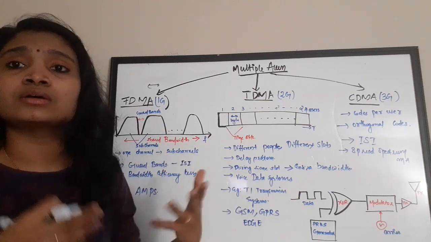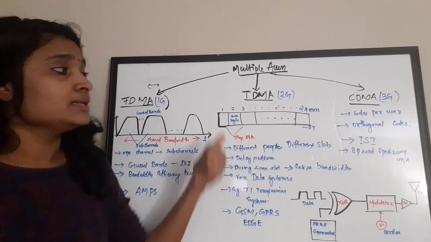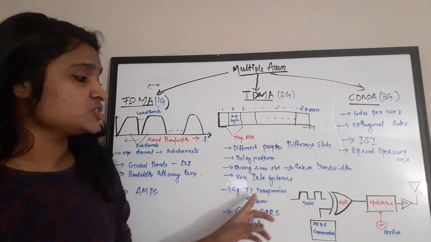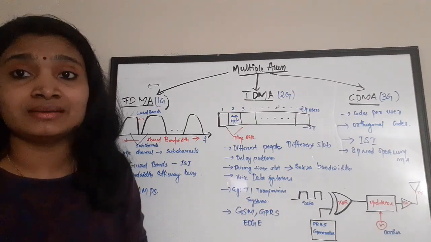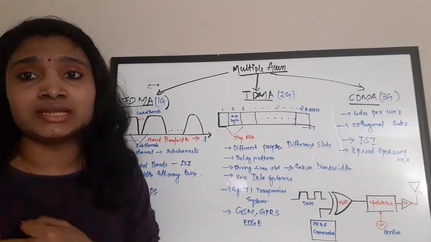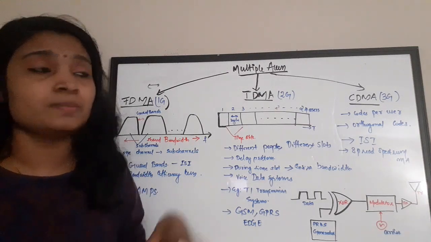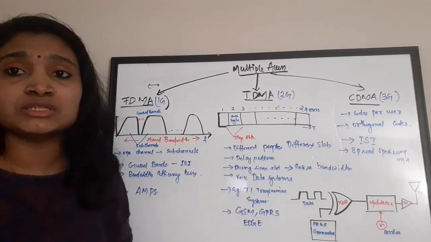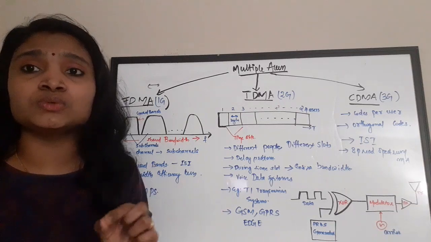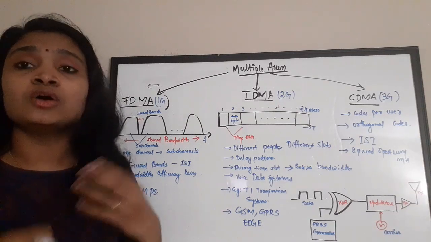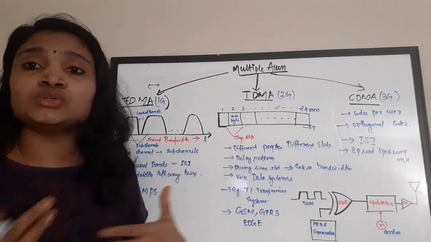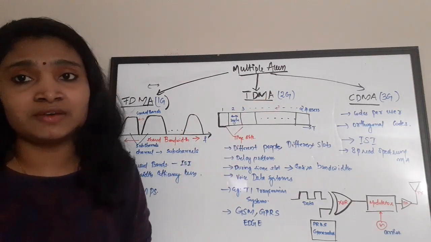Next, these TDMA based systems are generally used in voice data systems. That is for voice calls or voice data transfer, these TDMA systems were used. One example is T1 transmission systems, and other examples are GSM, GPRS and EDGE, which are also based on TDMA. So these are some examples of TDMA systems. So if the question is what is the technique used in GSM, you should say that it is TDMA. So it is a 2G technique. In 2nd generation devices, generally TDMA was used.